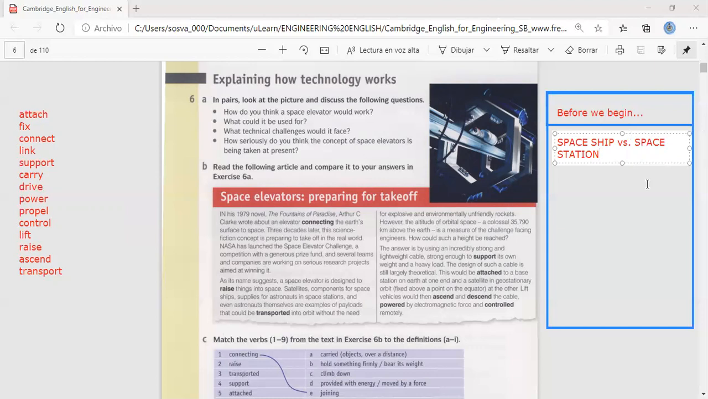Because the spaceship is like the plane, maybe, transportation. And a space station is the origin or the base of the spaceship, I think. Okay, that's a good difference. We're also going to talk about some other terms such as